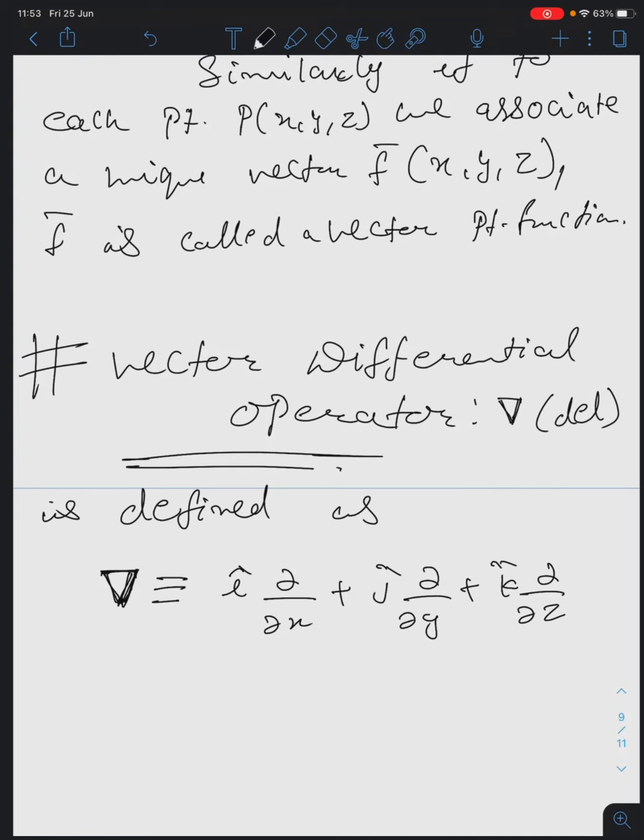It has all the properties same as that of ordinary vectors as well, because you have i cap, j cap, k cap. So overall, it's a vector kind of thing. Exactly, this is not a vector, but while applying on some function, it will work as a vector only, as well as the differentiation operator, because you have the derivative part also, dou by dou x, dou by dou y, dou by dou z. Got it, all of you?